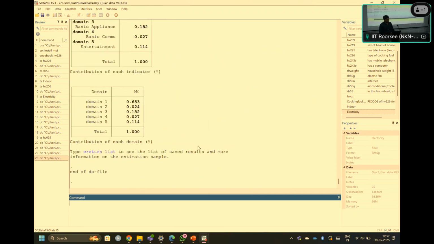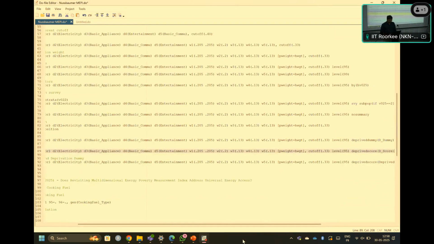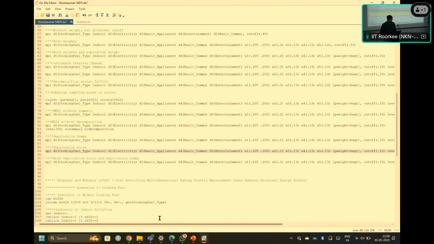So these scores might be useful in our other models. Once we convert the MPI score to the specific deprivation score, I think we can use these scores for our other models, as a kind of control variable in your model.